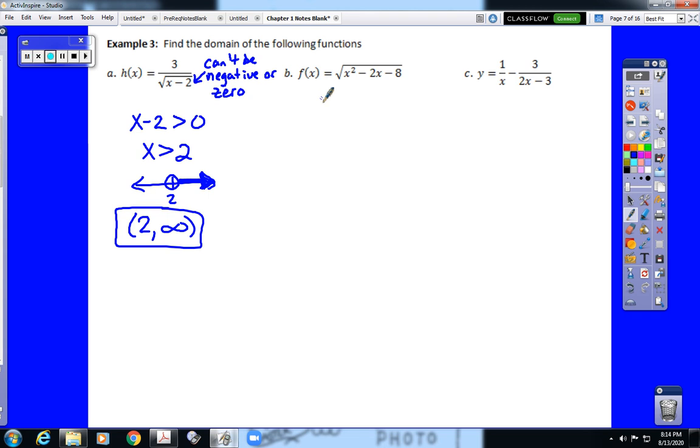Here we have x squared minus 2x minus 8 underneath the square root, which means that has to be greater than or equal to 0. That is a factorable expression, x minus 4 times x plus 2. What that tells us is actually somewhat challenging. It tells us that the zeros of this function